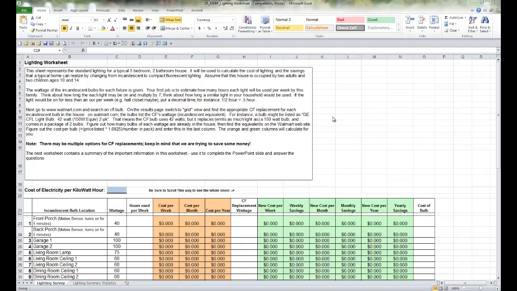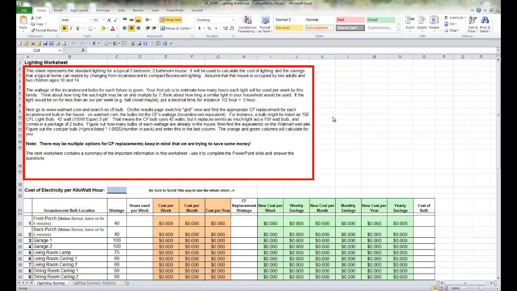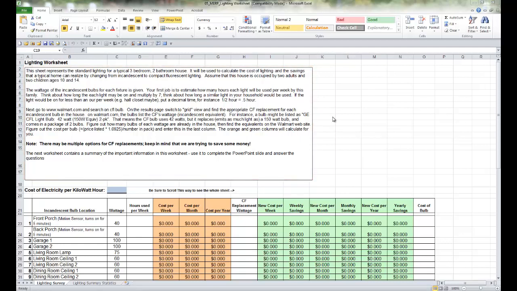Please make sure that you read the directions in this text box here at the top. This is going to be a hypothetical situation that will allow you to see the kinds of savings that can be realized by changing light bulbs. This sheet represents the standard lighting for a typical 3-bedroom, 2-bathroom house. Now, I understand that this does not necessarily reflect your personal house or apartment, and it's not meant to. This is a theoretical experiment, and you need to fill this out